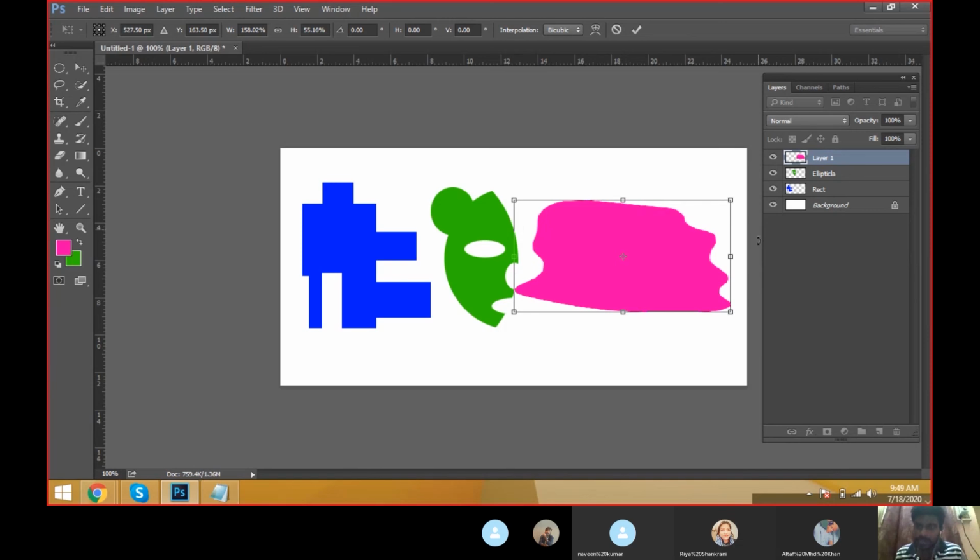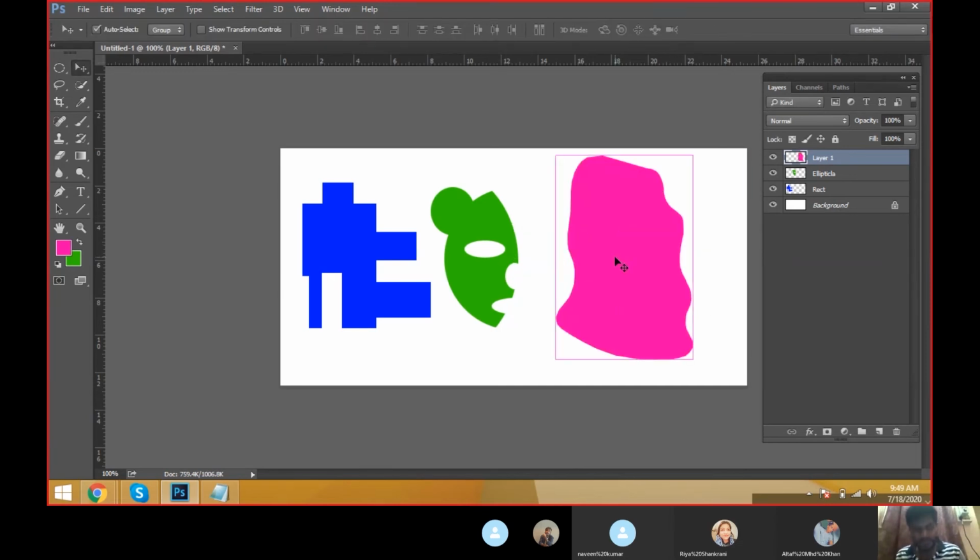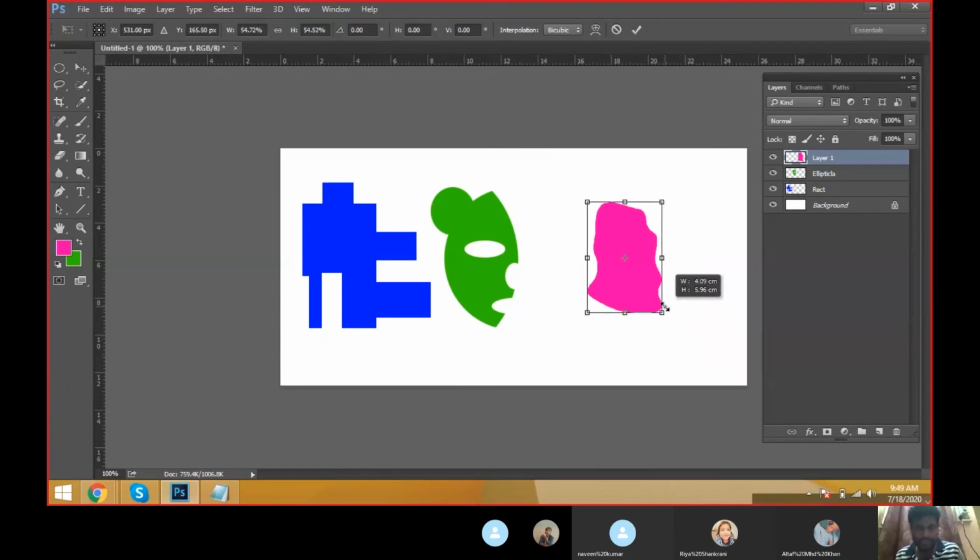But it is not uniform. The scaling we are doing is not uniform scaling. Like this, the object is squeezing. We don't do this type of transforming. We have to press Control T to transform, hold Shift plus Alt, and go to any corner, not the sides, only corners. Take one corner, hold Shift plus Alt on the keyboard, and just drag it. Now we can see the transforming is uniform.